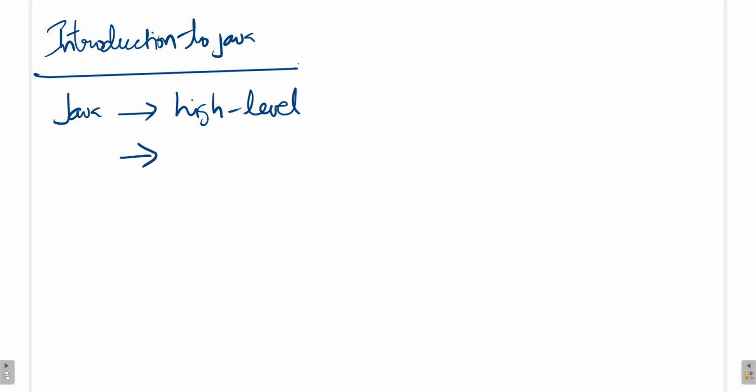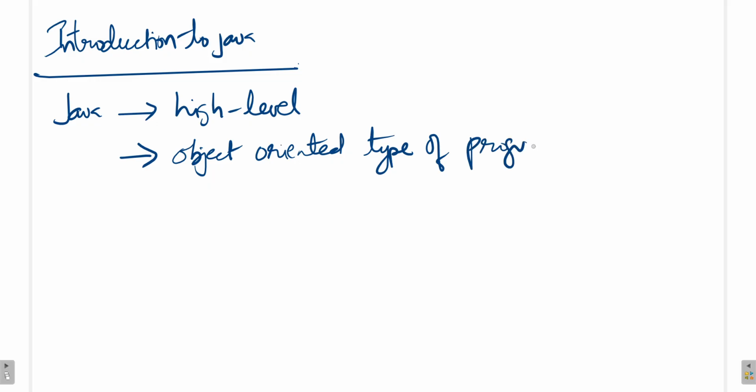The second one is, Java is said to be an object oriented type of programming language.